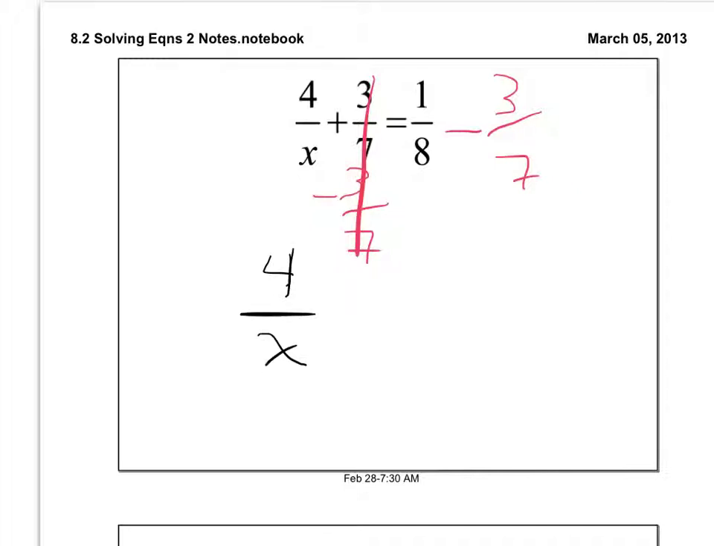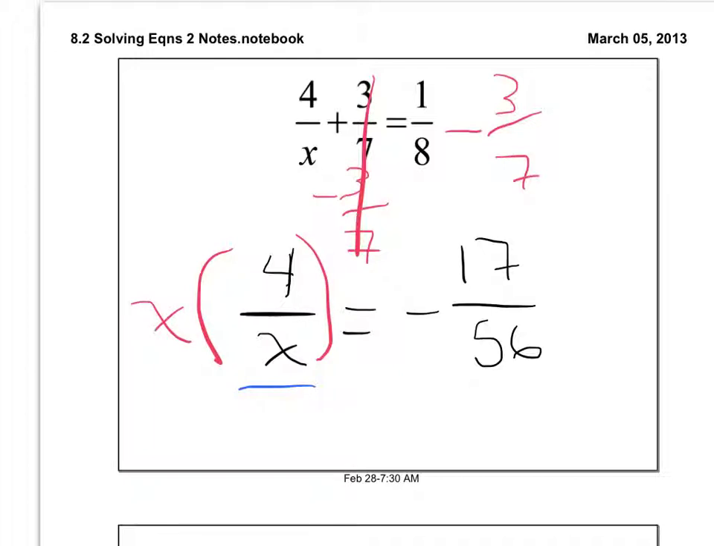4/x. Equals a not very nice fraction of -17/56. Now here's where it gets a little bit tricky. This x we cannot have as a denominator in the final answer. It needs to be moved, so it is now a numerator and on top of the fraction. So to do that, we add a step where we multiply both sides by x, leaving those x's to disappear, leaving you with 4 equals